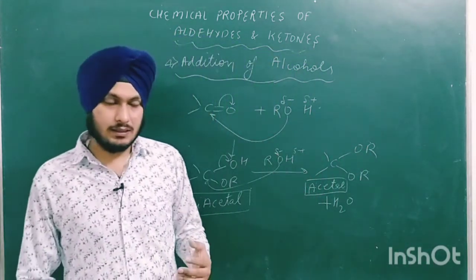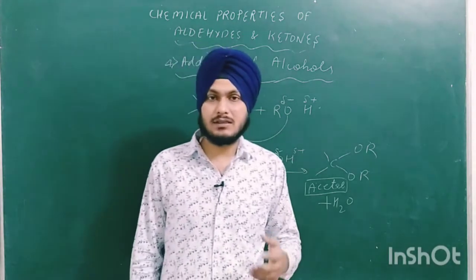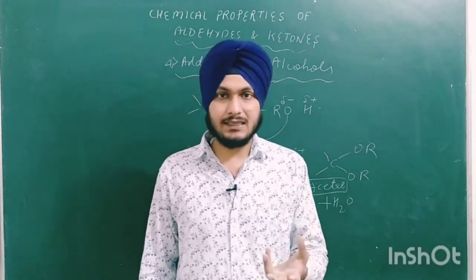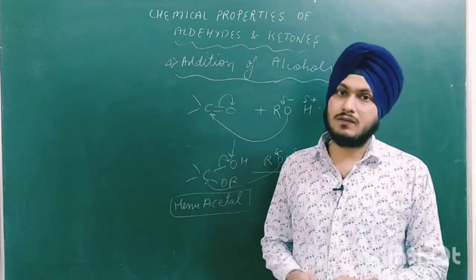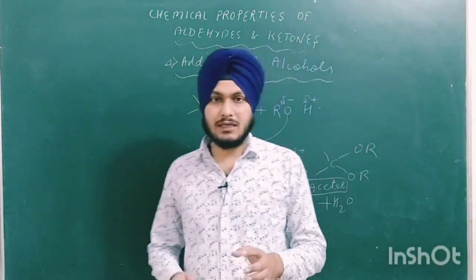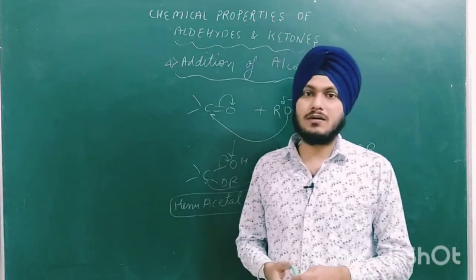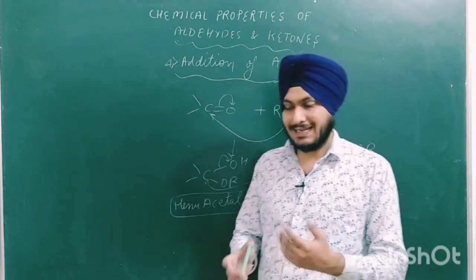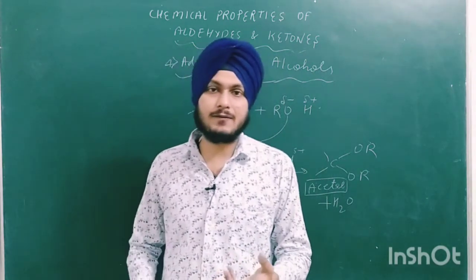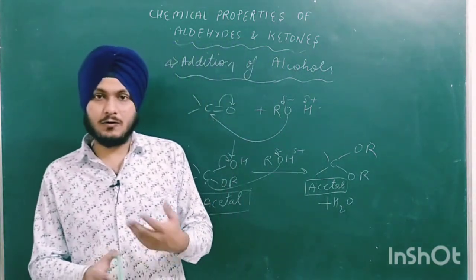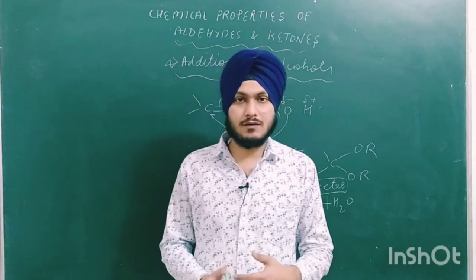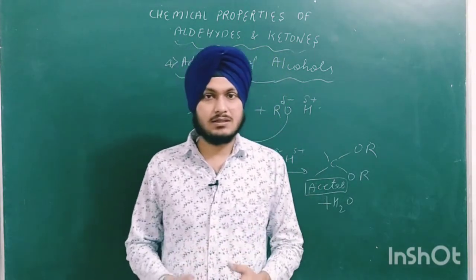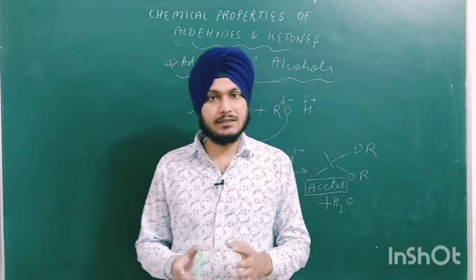We don't require a large acidic medium, because then the nucleophiles which are basic in nature will form salt with the acids. So that is why we don't want the formation of salt. That is why we take a less acidic medium, like we have a pH range of 4.5 to 5.5, or near about 6. Okay, 4.5 to near about 6. So this is the basic range of the pH.